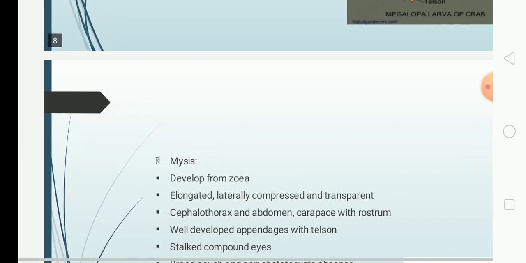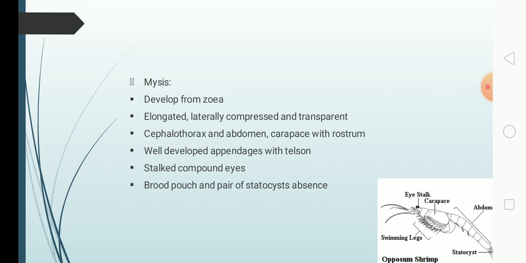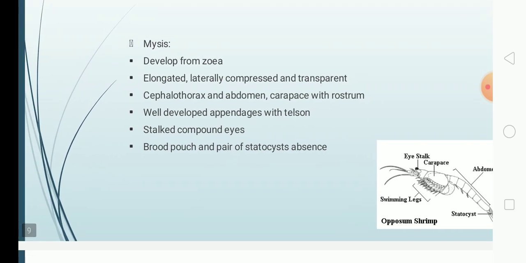Next is the mysis. Mysis also develops from the zoea larva, and it is found in some crustaceans like prawns, where the zoea develops into the mysis. The body is elongated, laterally compressed, and transparent. The body here is also divided into 2 regions, that is the cephalothoracic region and the abdomen. The cephalothorax is covered by the carapace,